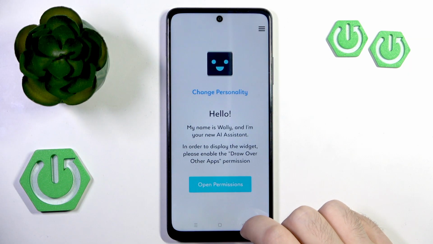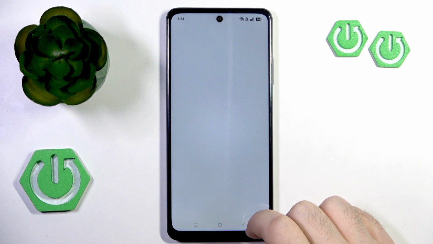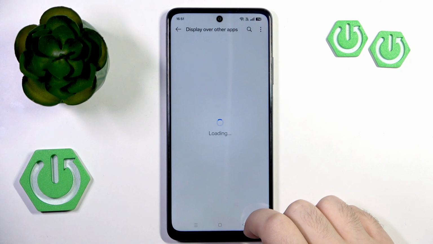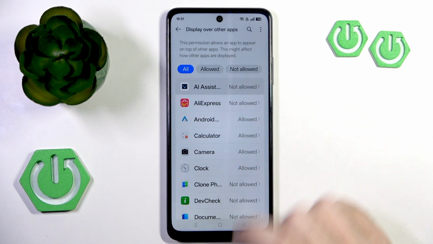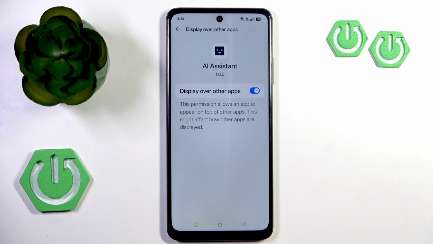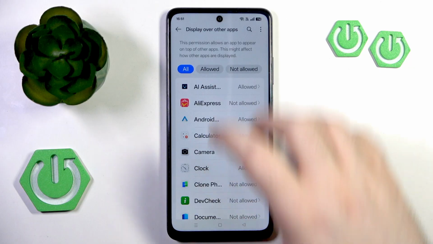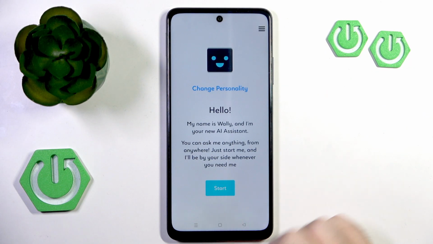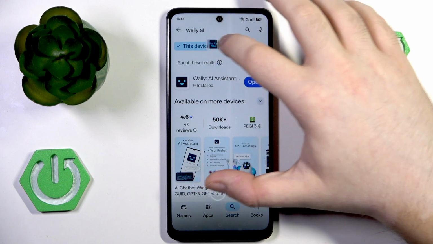You have to go back and click on open permissions. Then select the AI assistant and click here to allow this app to display over other apps. Then you can go back and go back again. And now you can click start, and as you can see right here there is my ChatGPT widget, and I